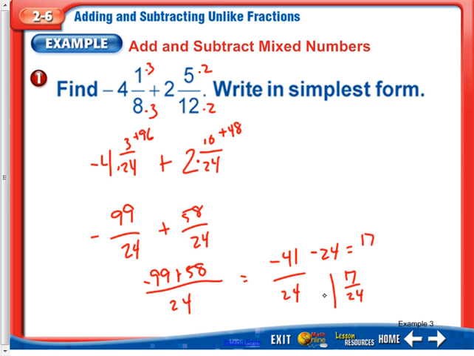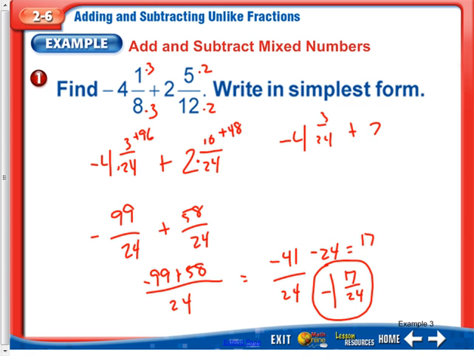And we have to remember that that is negative. So there's our final answer, negative 1 and 17/24. So if you take a look at that and you're trying to figure out, well, how would I do that without having to regroup it, you're going to have to remember that you would need to